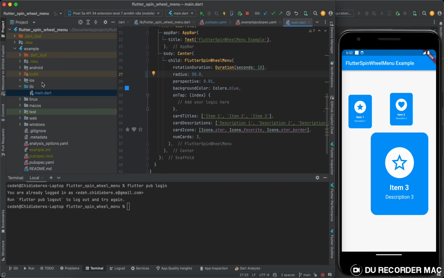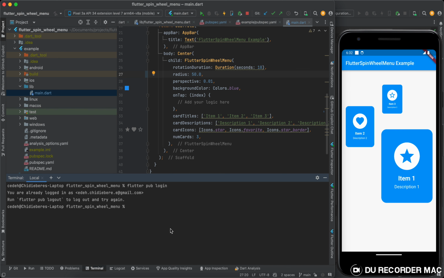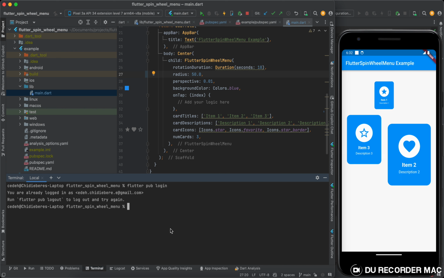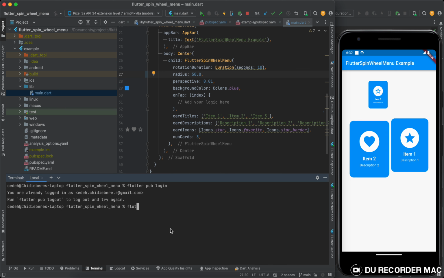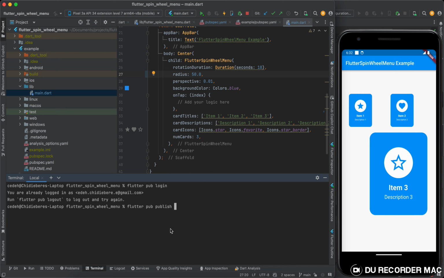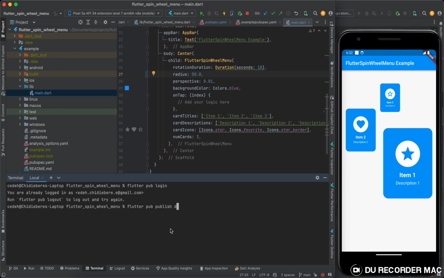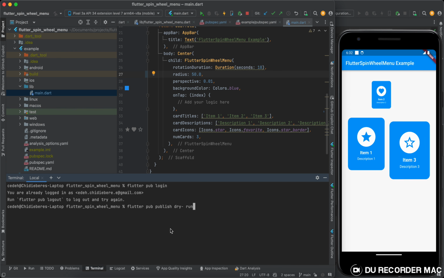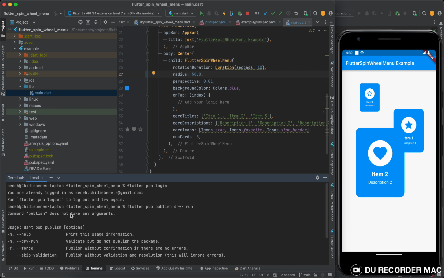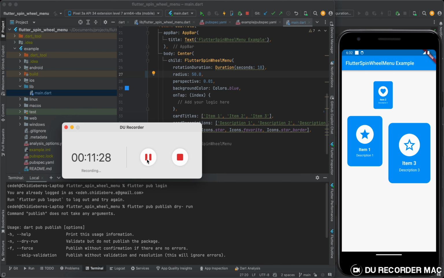So let's say I'm done with everything and I want to see if I can publish this without actually pushing it to pub.dev. So what I would do is flutter pub publish, then I will say dry run, or sorry, --dry-run. When I do this, it will tell me something with regards to the version, and okay, there is a